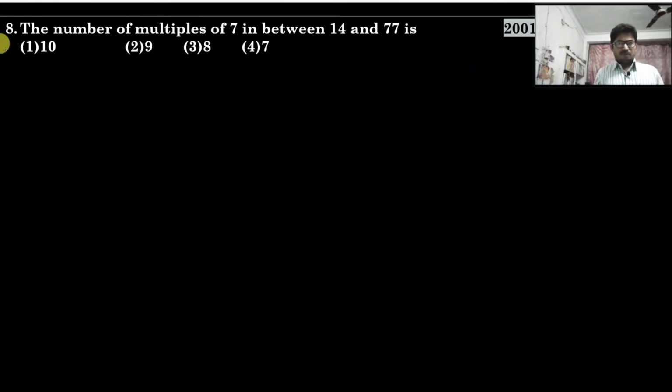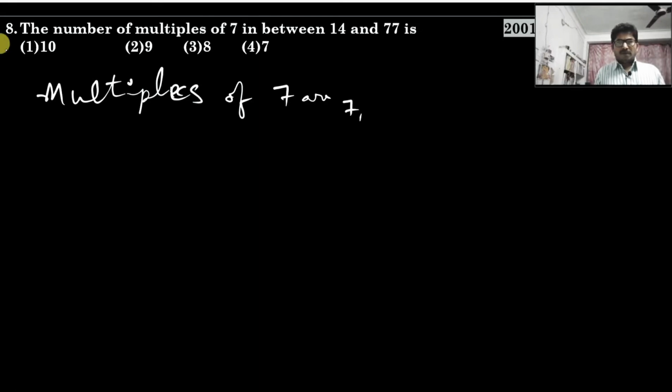So multiples of 7 between 14 and 77. First 21, 28, 35,